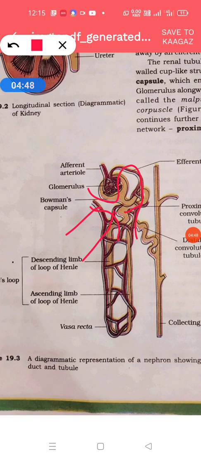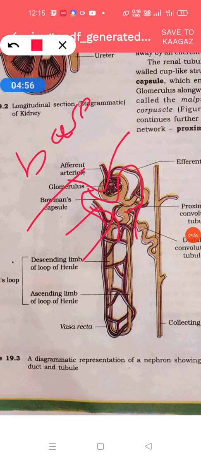The glomerular capillaries and the Bowman's capsule are closely attached to each other, but there is one membrane present between them, called the basement membrane. Through this, filtration of the blood takes place, the blood which is to be filtered enters from the glomerulus into the Bowman's capsule.